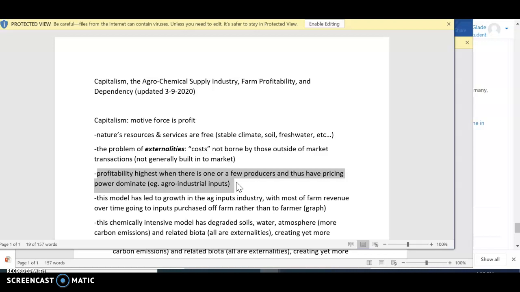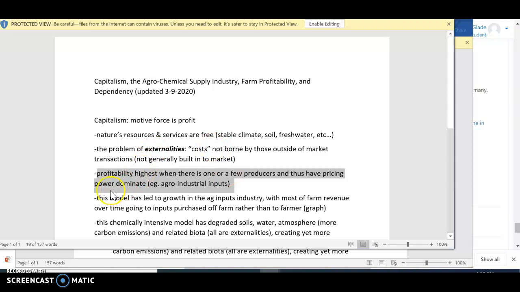They're squeezed by having only a few input suppliers that are of major importance. And they're also squeezed on the other end because most of the world's grain trade comes from just 5 corporations that buy the grain. And so they have some pricing power as well, although it's generally what they call market-based. They do have pricing power because there's not really much competition on either end of that for farmers.